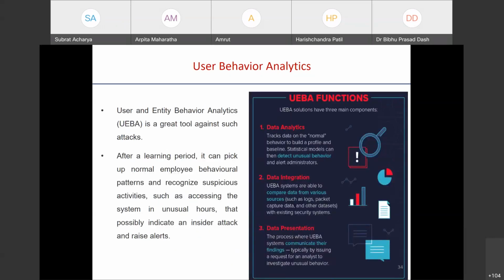So again, I am focusing on this user behavior analysis. It will have data analytics, data integration, and data presentation. That means it will collect a set of data for the analytics, and all together the data will come, and then among this data, whether it shows any particular intent or behavior, that will be taken as